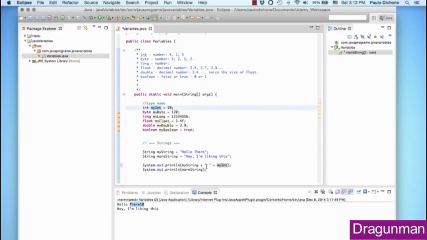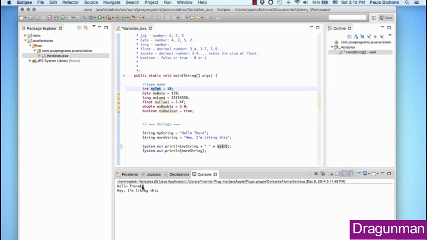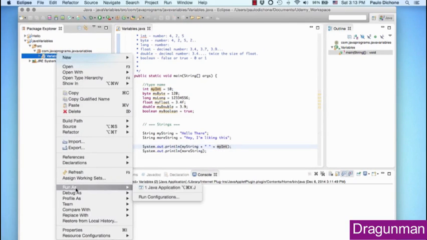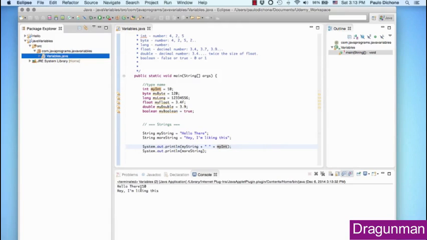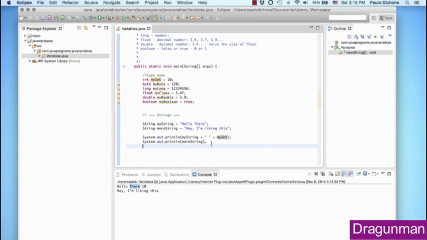So if we want a space in between myString, which is this, and myInt, so that there's a space between there and 10, this is how I have to do it. We have to put these quotes with a space inside, and then glue it back and add myInt. So if we save and run it again, see here, there it is, there's that space. And this is how you concatenate. It's a very important tool to know, because more often than not you would want to glue together values and so forth. Okay, well, we'll see you in the next one where we're going to do some operations on our